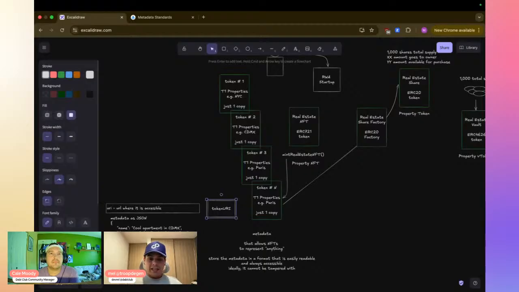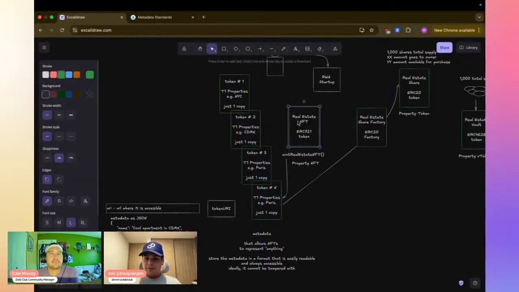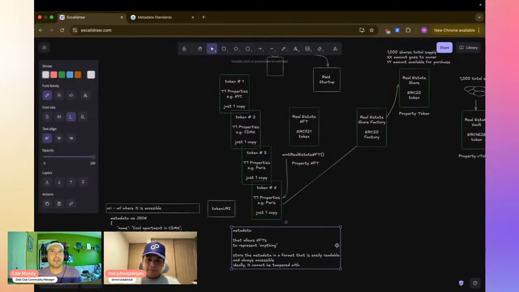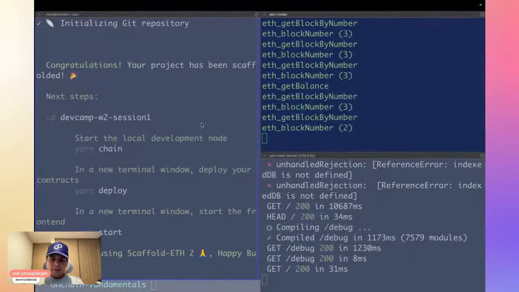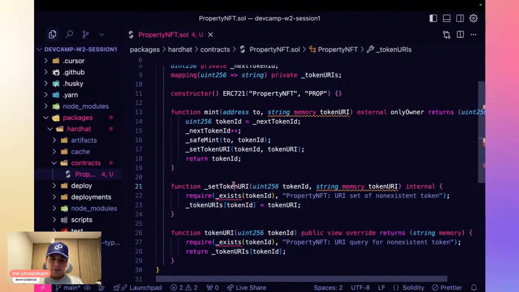You can replicate this as many times as you want in whatever kind of definitions you need, but if it's not part of the NFT contract and it's not stored inside that NFT's assigned ID, within the token URI, that's not going to work. So I guess a better question is that the original contract, the 721 contract that you create, needs to have the function for the URI to be updated. Yes, exactly. And this is something that we see here, for example. That's why we need the token URIs and this set token URI.